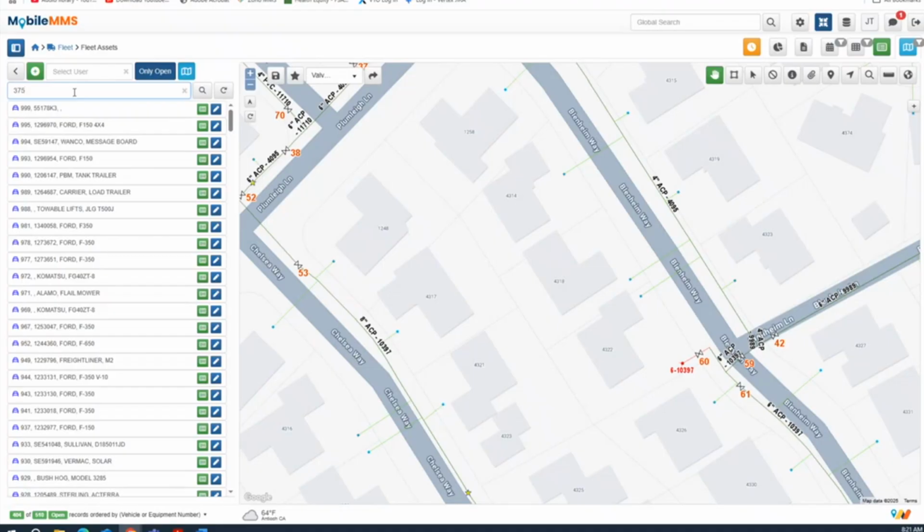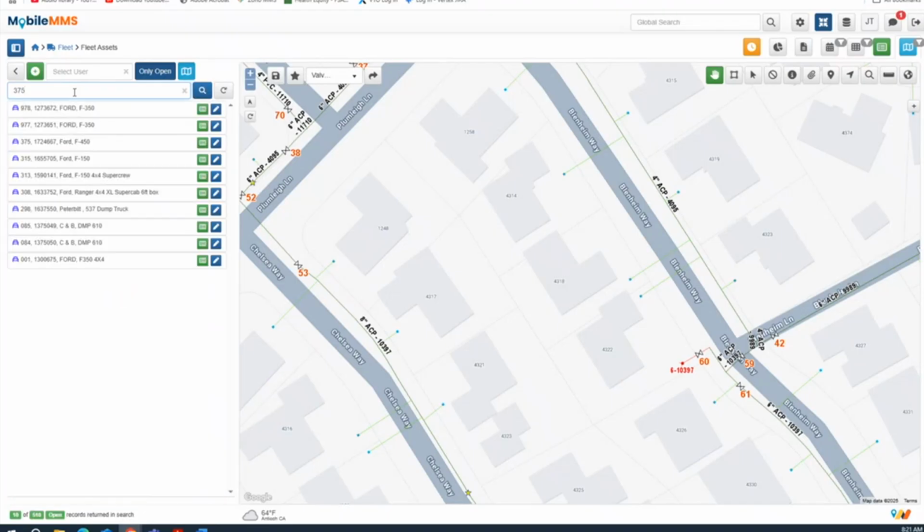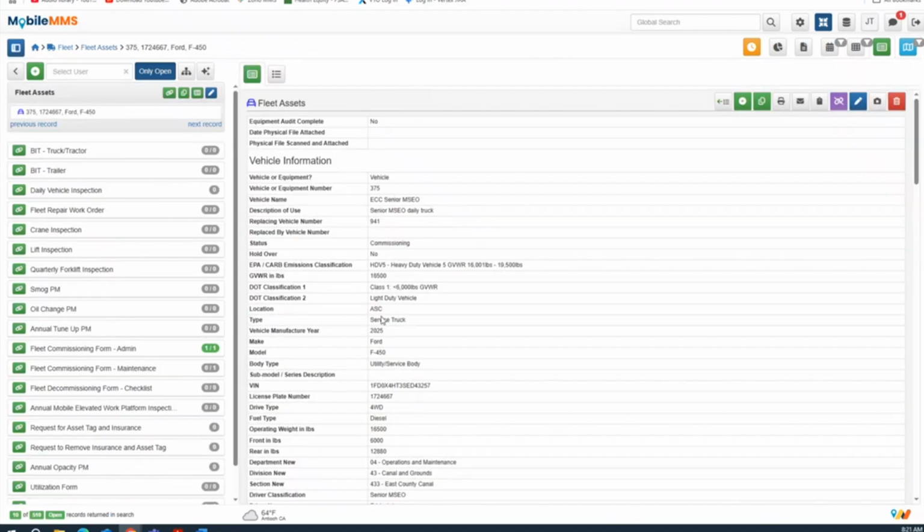This search field allows you to search by vehicle number, by license plate, or by VIN number. So if you have any portion of any of those numbers, you can use that here in the search. So I'm going to hit enter, and you can see out of the 400-some odd assets that we have, it's going to give us a smaller list of just those assets that have 375, either as the asset number, the license plate number, or the VIN number. So I'm going to pick 375 here, and I'm going to hit the details button and get the fleet asset